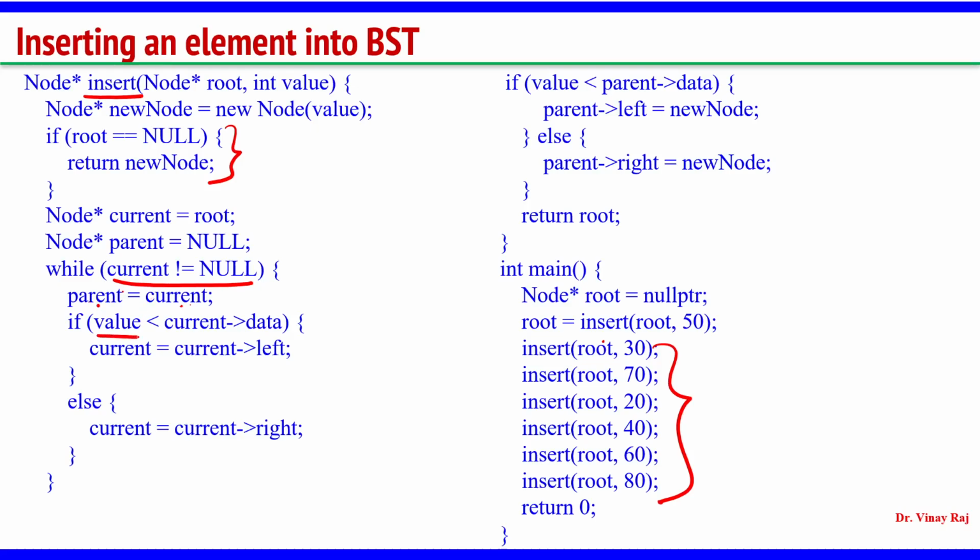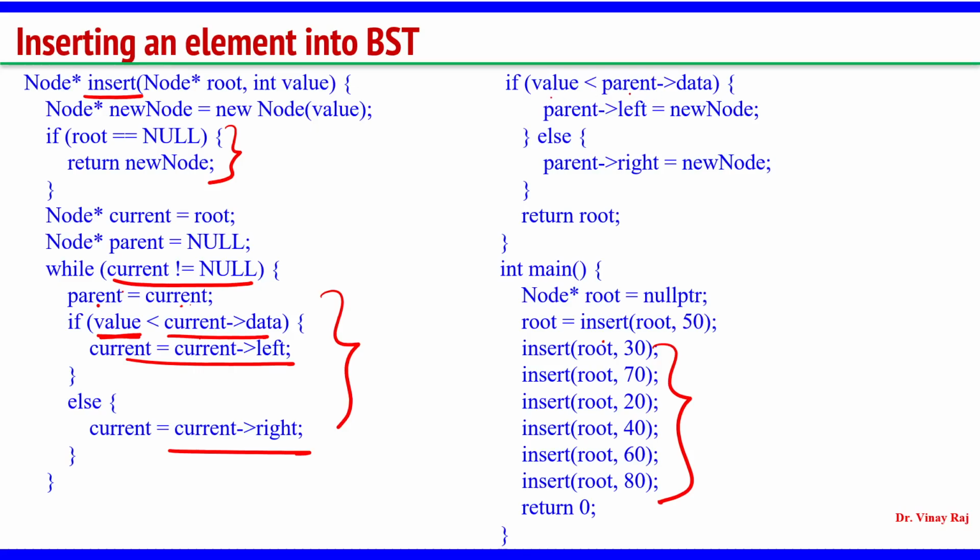Then if the value which I am inserting is less than current data, temp data, then go towards the left side. If the value which I am inserting is greater than temp data, go towards the right side. Okay, now this is done. You will go next. If the value is less than parent data,